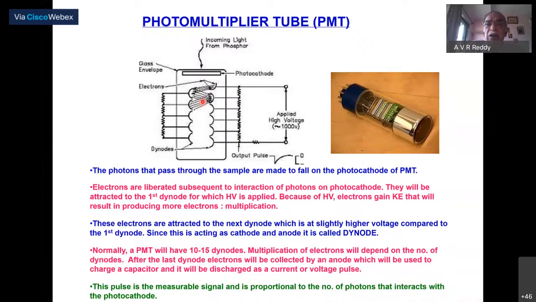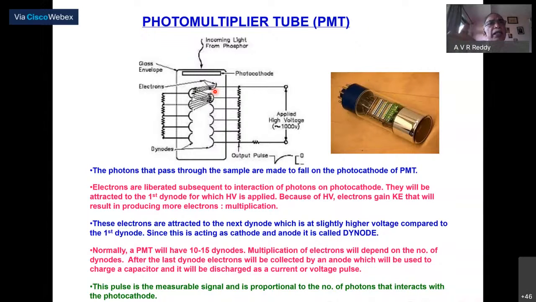These electrons are attracted towards it if its voltage is slightly higher than the voltage applied here. Now what happens is, on average, it is 100 volts, right? If you are using 100 volts, whatever is the energy of the photon,